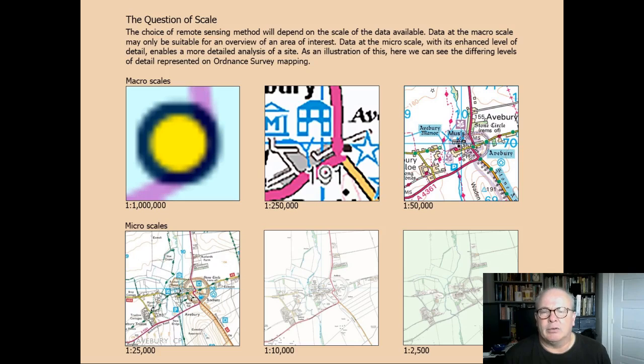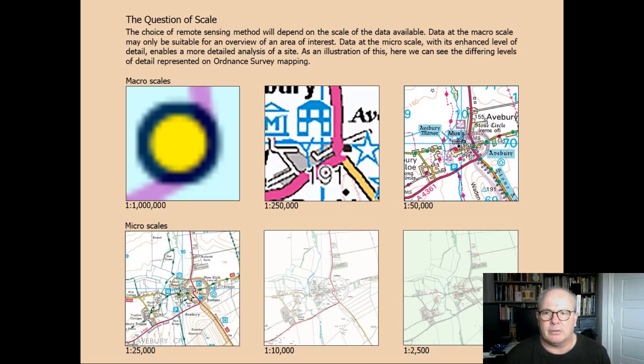The level of detail that you decide to employ for any project will depend very much on the geographical area that you're looking at. So let's think about macro scales. If you were doing something at a macro scale, you'll be thinking about something like a part of a country at 1 to 1 million. But this might be quite good if you're looking at patterns of movement or trade. 1 to 250,000 is sort of the county-based scale of looking at data. Again, this might be useful if you're doing a survey which involves a lot of sites spread around the county, for instance. And then we move down to sort of the village or the small town level,